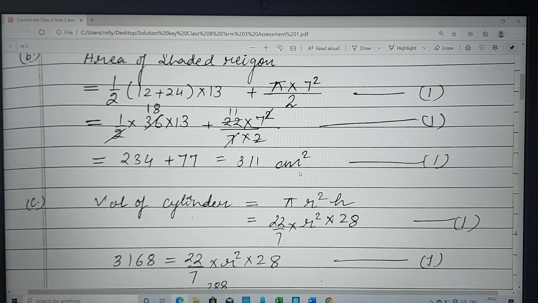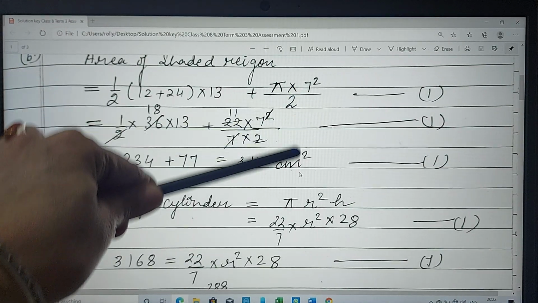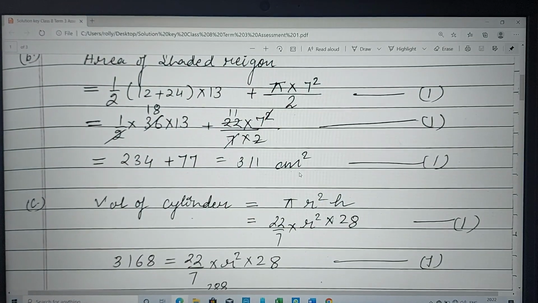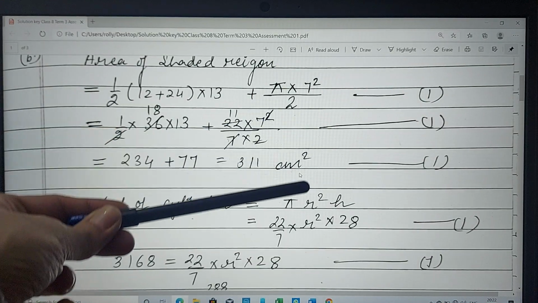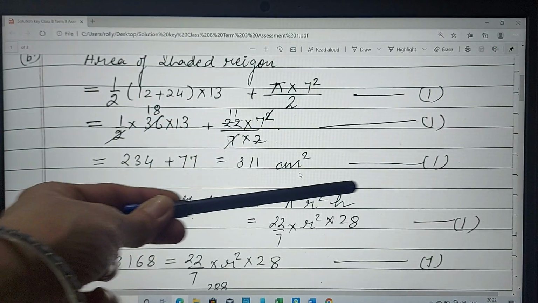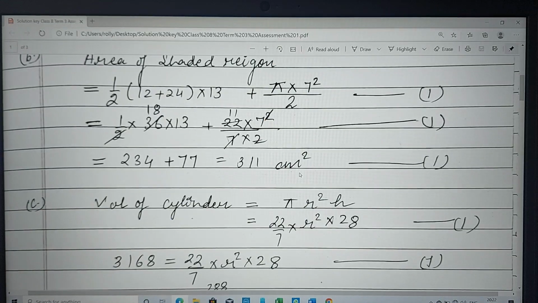Now, if we move on to the second question, it says find the area of the shaded region, and in this question the lower portion is a trapezium and the upper portion is a semicircle. Are you getting it? So the formula for area of trapezium is 1 upon 2 sum of parallel sides into the distance between them, or height. The two vertical sides will be the parallel sides. So 1 upon 2 within bracket 12 plus 24, and suppose the diagram is given in this manner, then this horizontal line will become the height, or you can say the distance between the parallel sides.